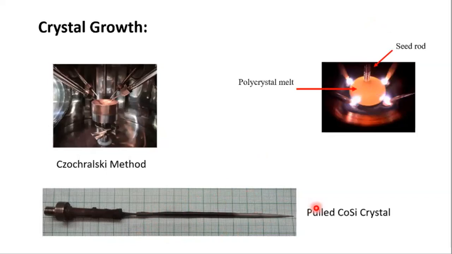To grow something like 7 to 8 centimeters, we took 8 hours to grow this single crystal. So it is very important to allow the system a slow cooling process. And you cannot grow anything as a single crystal, because you have to have the proper phase diagram, to know whether that material can be grown by this process or not. Anything cannot be grown by any method.